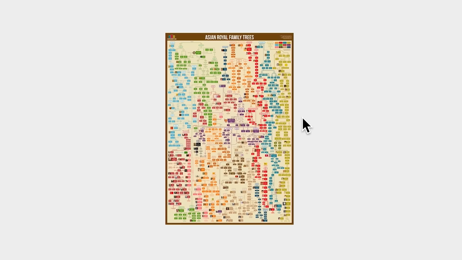Today I'm going to show you the family tree of the Seljuk dynasty, which was the major power in Turkey prior to the Ottomans. I'll be using my Asian royal family trees chart, which is available as a poster from my website